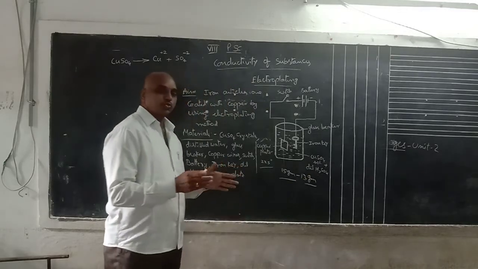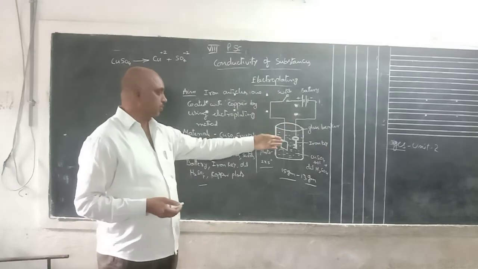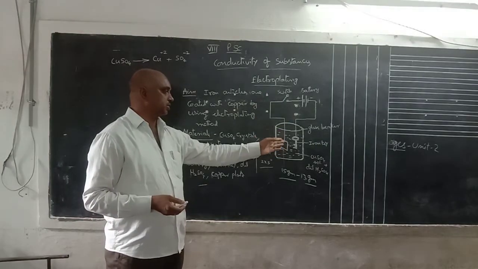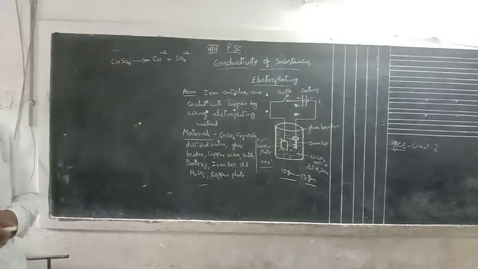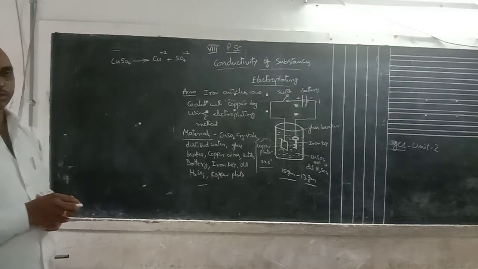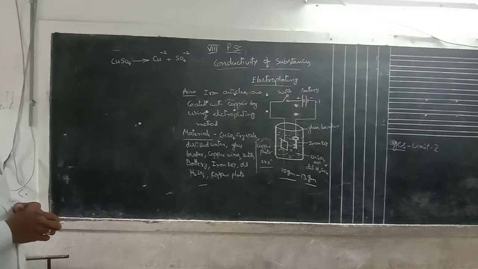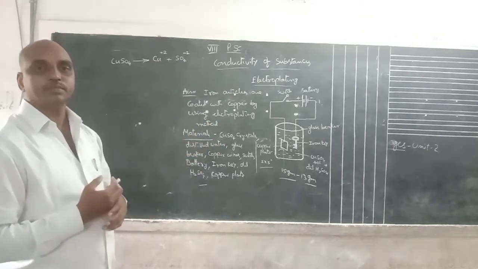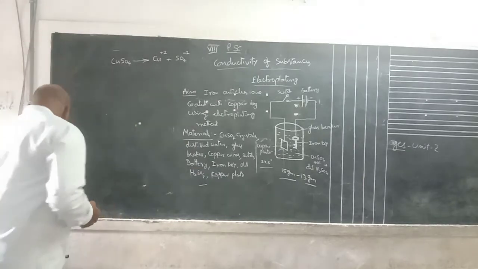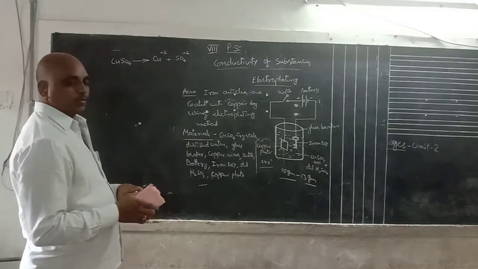So the difference is 2 grams. 2 grams of copper is deposited uniformly on this iron. Whatever the mass that decreases in the copper plate, the same mass is deposited on the iron. So if you want to deposit copper, then use copper sulfate solution. Suppose you use silver as the coating in this electroplating process, then silver chloride or silver nitrate solution like this, depending upon the metal, you take a different solution. Okay, this is the electroplating process.